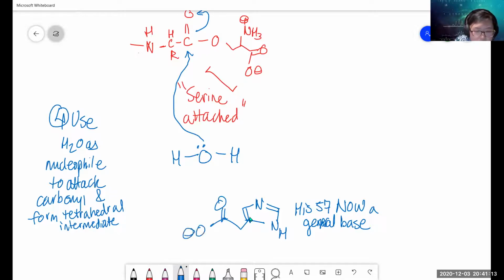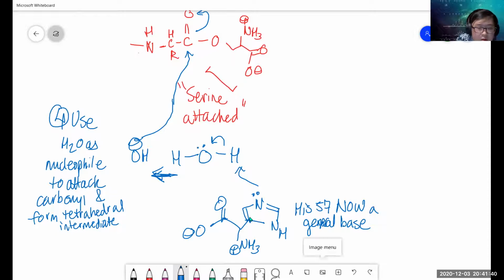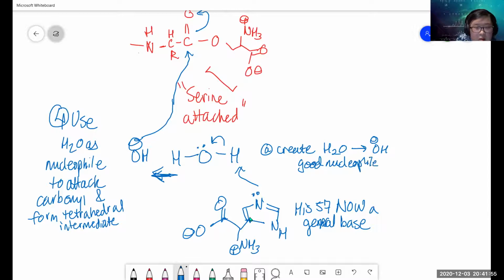So you have a carboxy group here, you have the NH3 amino acid group, and then what you should have, these structures memorized. And what you have here is, I guess, I'll just show this extra step, even though it doesn't really matter. So you form an OH minus hydroxide, and hydroxide will attack that as a good leaving group. So I guess part A would be create a good nucleophile from water, and then part B is like use OH nucleophile. Okay, and then once you do that,